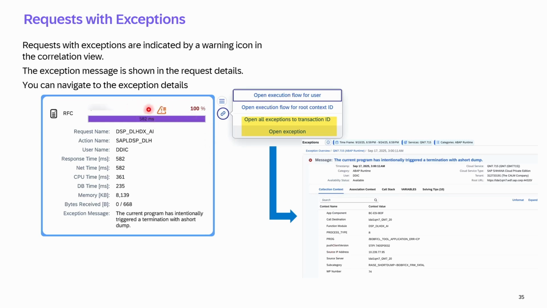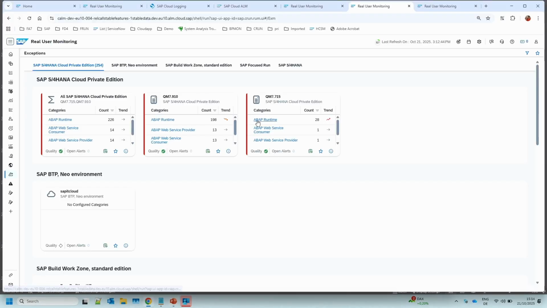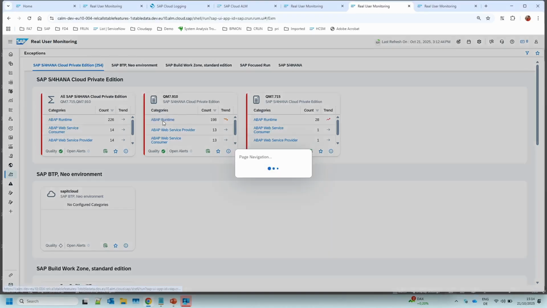With such an icon, the error message is also displayed immediately in this box, and we can jump from here into this dedicated exception. The most relevant part, I think, for the developers or for the one analyzing it, is the call stack. I can show you this here if we display such a runtime error.